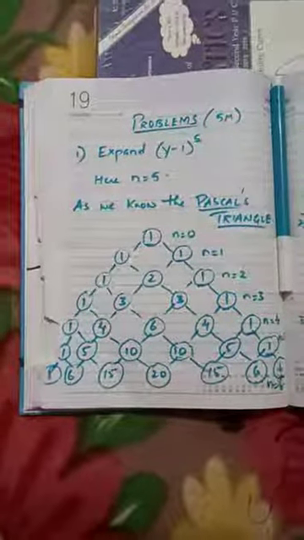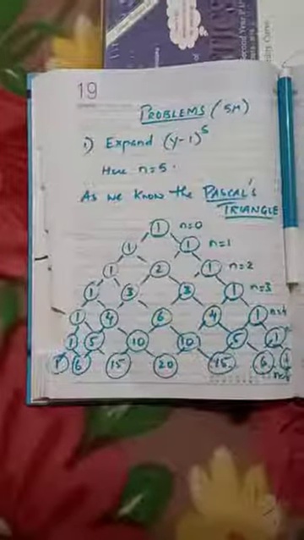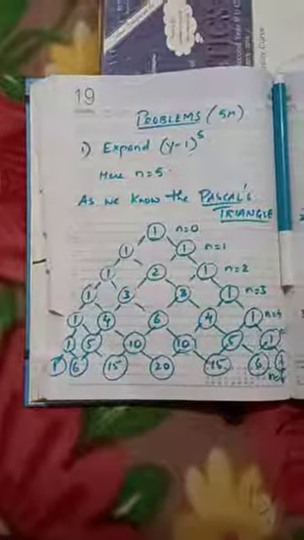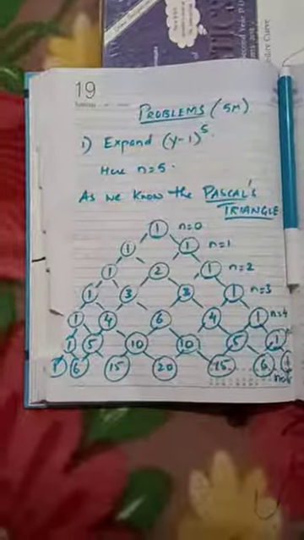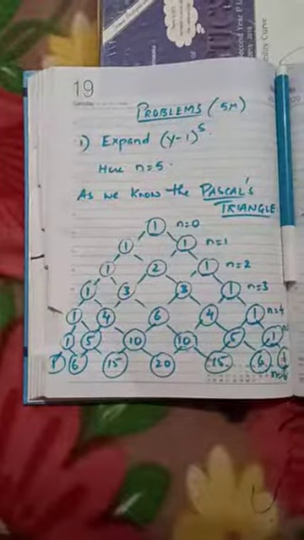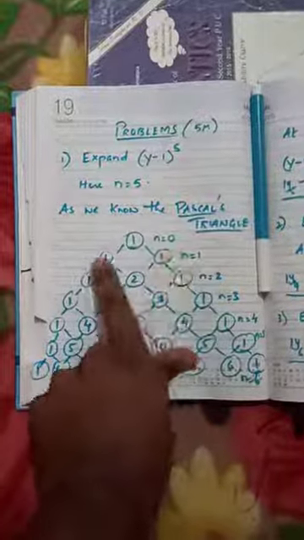Now, even by using Pascal's triangle the expansion can be done. It's very simple how the term will be expanded here. (y minus 1) whole power 5, so take n as 5. Then look at Pascal's triangle at n equals 5. n equals 0 means this, n equals 1 means this,